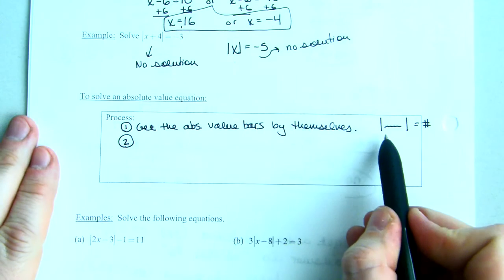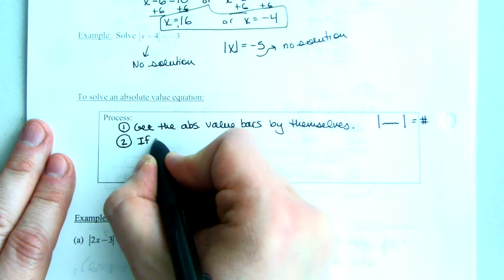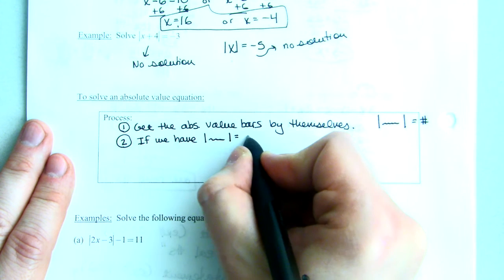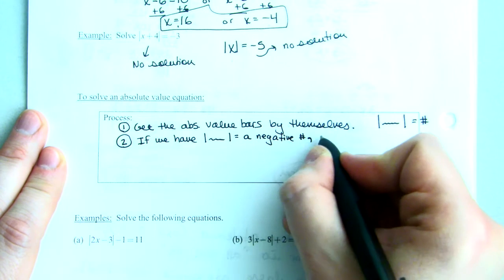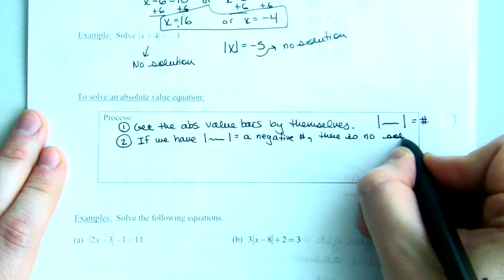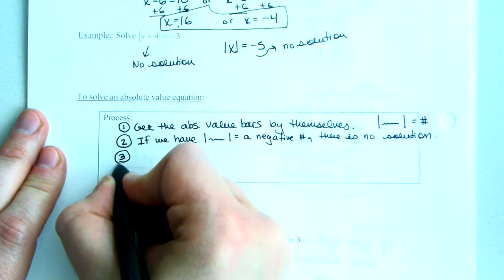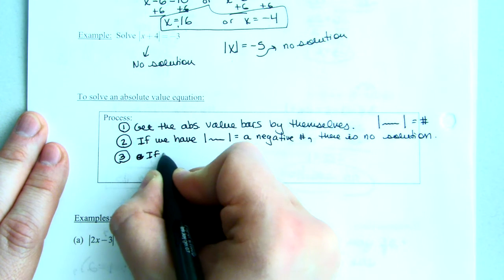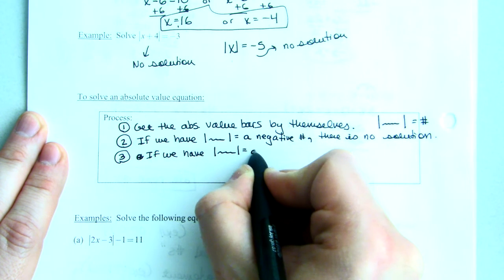If we're left with the absolute value of something equals some negative number, then there is no solution. Otherwise, actually, why don't I write it as: if we have the absolute value of something equals a positive number,